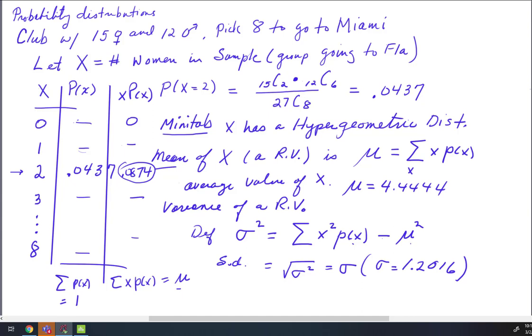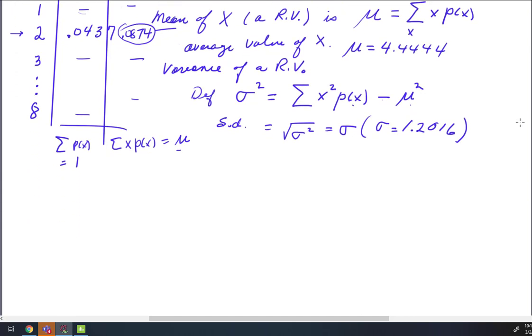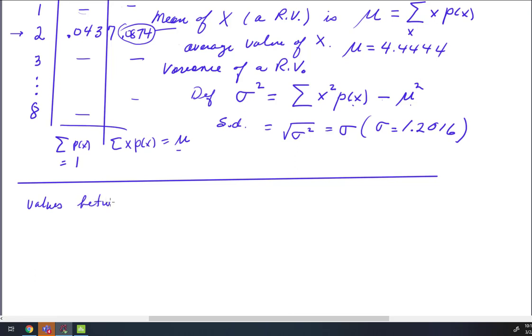Now, how does knowing the mean and the standard deviation help us? Well, we know from earlier work that we did that we would say values between mu minus 2 sigma and mu plus 2 sigma are usual. Now that's just a rule of thumb,